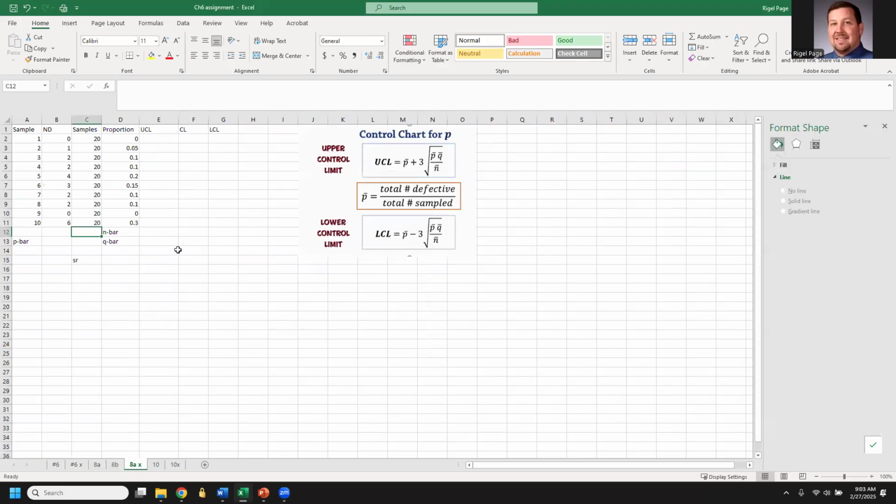So let's jump to the P chart. Now on the P chart, what we're going to do is total these. See if I can do both of them. Auto sum, there we go. We're going to take P bar, which is how many errors we have divided by number of samples, which is 0.11. And then we're going to take our Q bar,